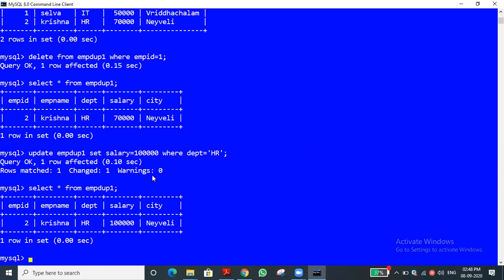Based on the employee ID, isn't it? So, for the employee ID, suppose whose employee ID is 3, or whose employee ID is 2, for them you can give an increment or change the value or update the mobile number, whatever the purpose. Have you understood that? So that's why the employee ID is very prominent in the table.